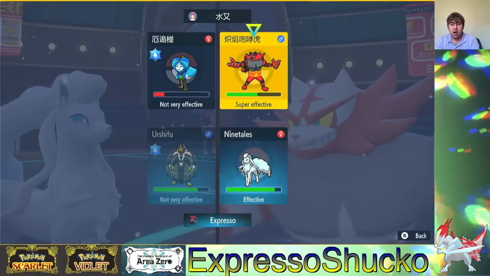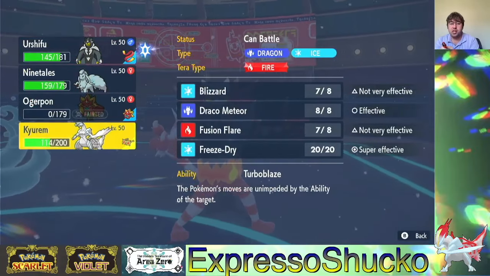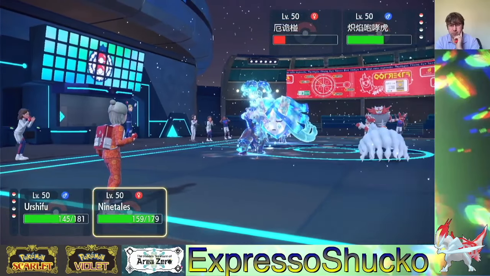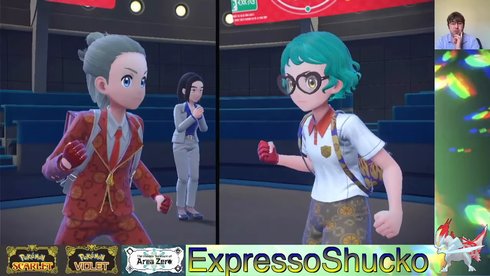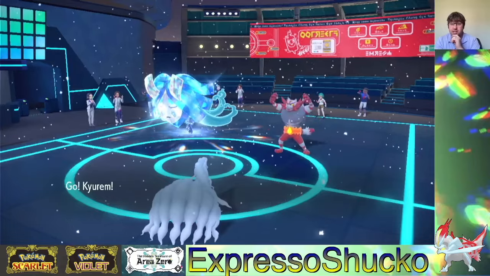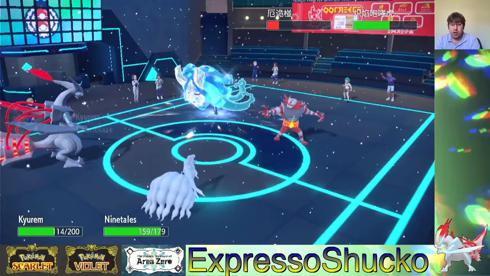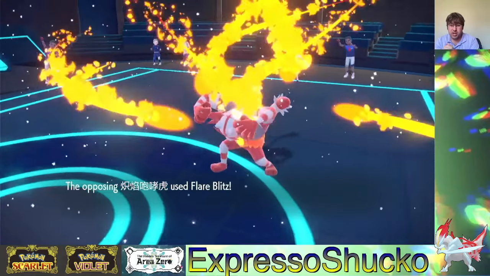I'm actually going to bring in Kyurem here, because they could potentially Horn Leech my Urshifu and knock me out, depending on the speed tiers between the 2 of them. So I think what I want to do with Ninetales this upcoming turn, if Ninetales lives, is I would love to get an Icy Wind off for the last turn of Trick Room, and then that way we can potentially...